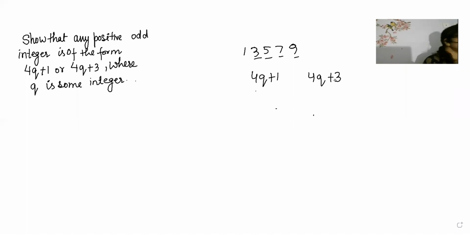Fine. So now, beta, you know the division algorithm. What is the division algorithm? That is the Euclid division algorithm. Everybody knows the Euclid division algorithm. First, we understood the question, that any positive odd integer must be represented in 4q plus 1 form. Now, beta, there is only one way. Very good, Kavya.